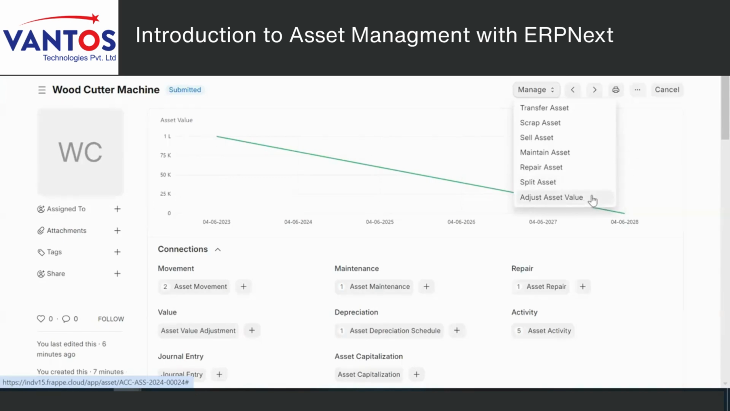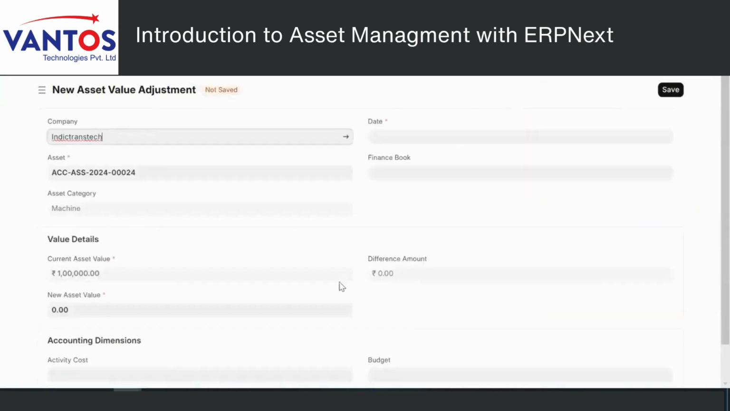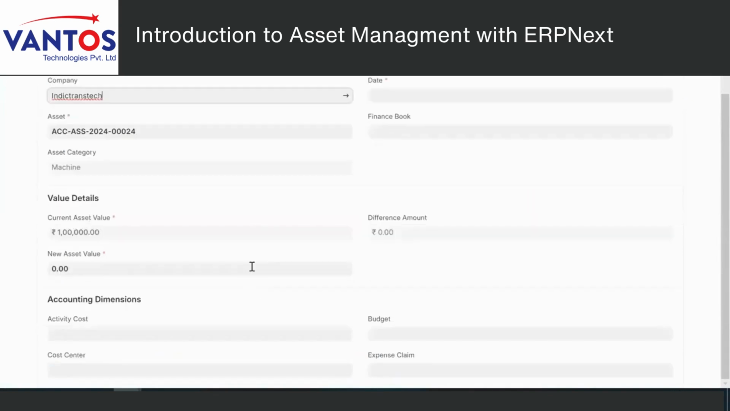Adjust asset value. Adjust asset value defines if a particular asset is in good condition. Or suppose let's take another example where we went with some maintenance cost or a repair status. In that condition, our asset value has decreased by some amount, and I need to update that as a new asset value. So the current asset value was 1 lakh. Now I want to change it to 90,000. As I save this,